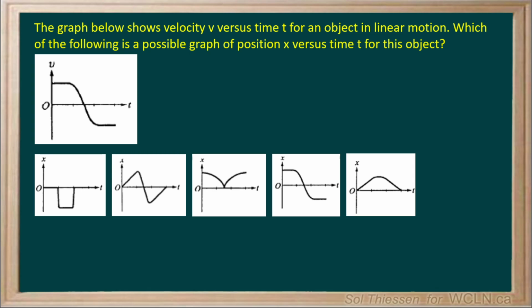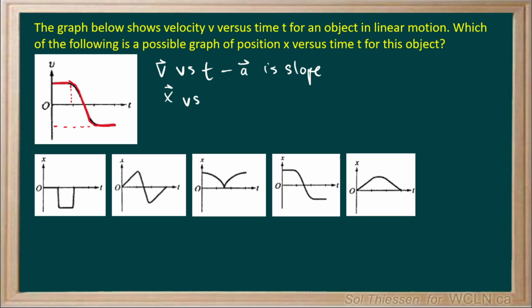So we see from the velocity-time graph that the velocity appears to be constant and positive for this first portion of the object's motion. Then the object begins to experience a changing acceleration that levels out to be negative here, and then that acceleration becomes a little bit more positive until the acceleration is 0 again, and the velocity is again constant. Remember that on a velocity versus time graph, acceleration is slope, and on a position versus time graph,